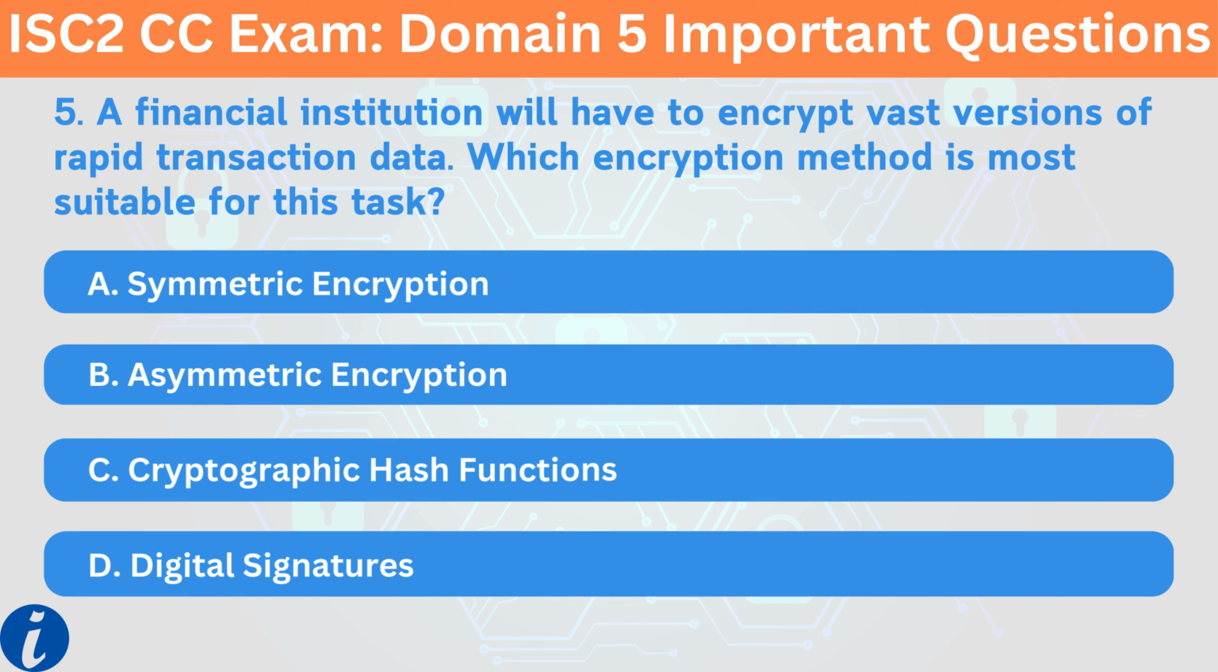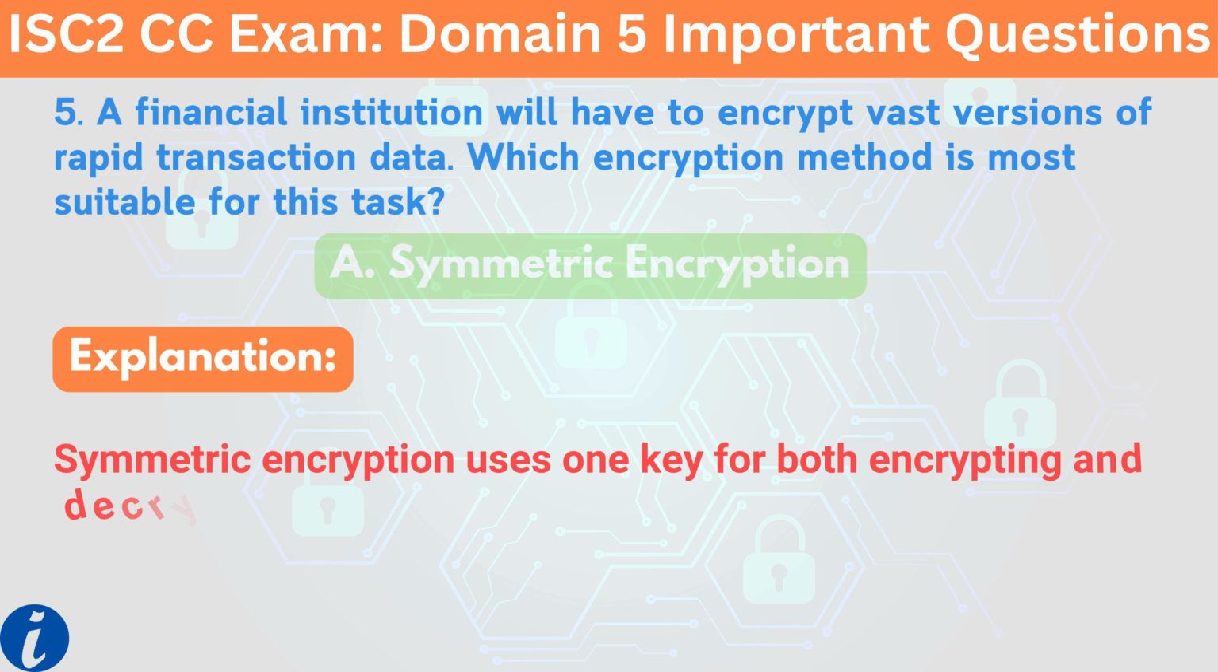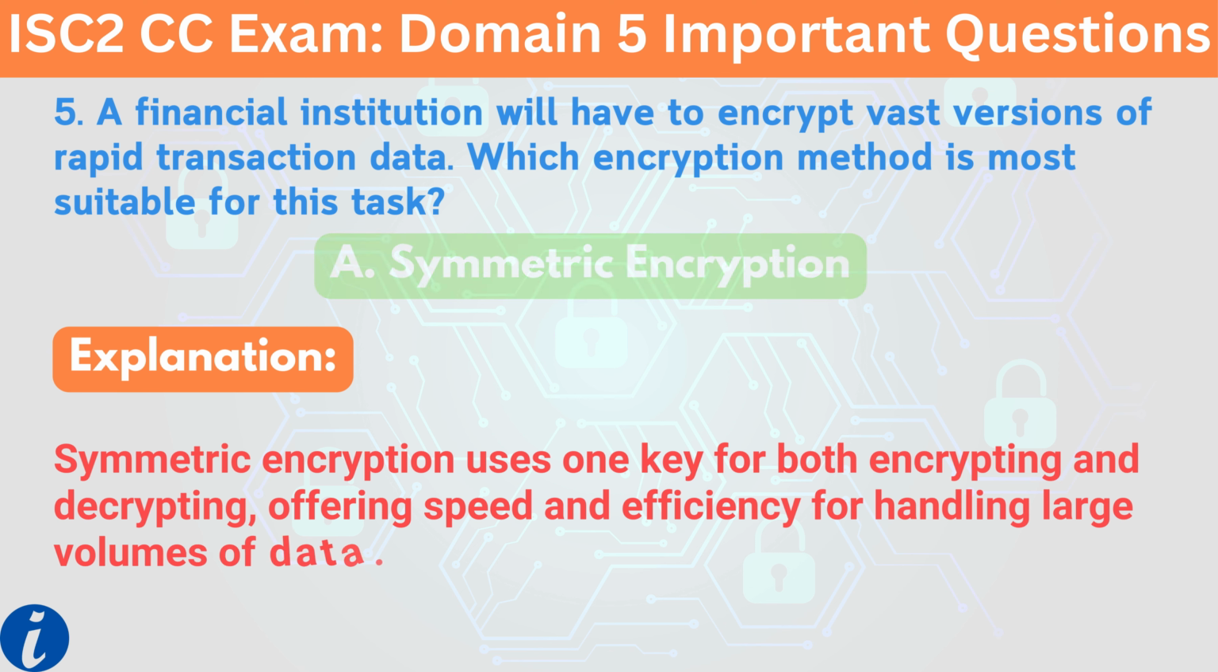5. A financial institution will have to encrypt vast volumes of rapid transaction data. Which encryption method is most suitable for this task? A. Symmetric encryption. B. Asymmetric encryption. C. Cryptographic hash functions. D. Digital signatures. The correct answer is A. Symmetric encryption. Explanation. Symmetric encryption uses one key for both encrypting and decrypting, offering speed and efficiency for handling large